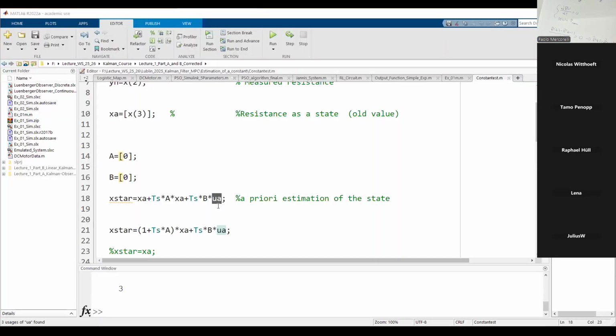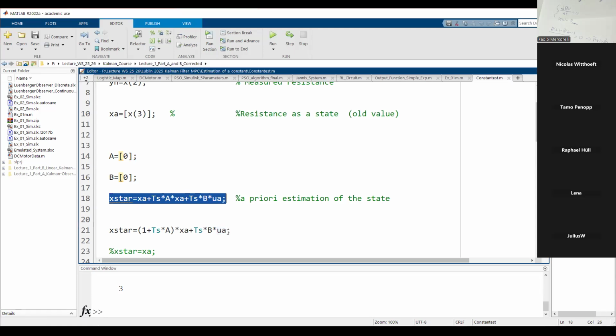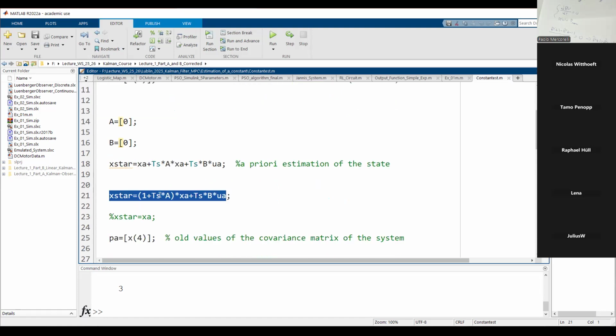Once I clarify the continuous model, I don't know if you remember, I told you how we can calculate the corresponding discretization, if A is given and B is given. Otherwise, look, you can write here